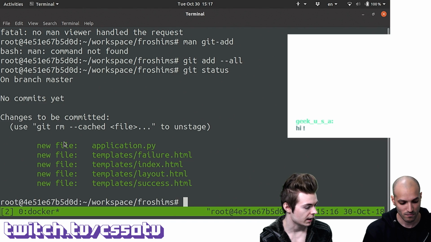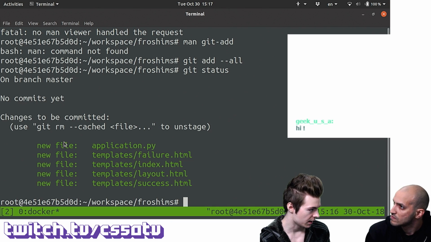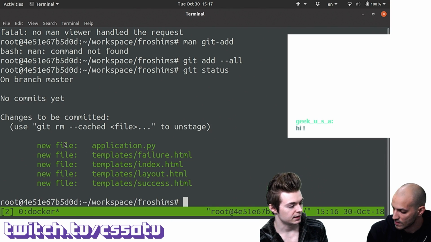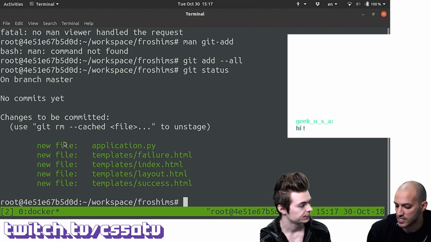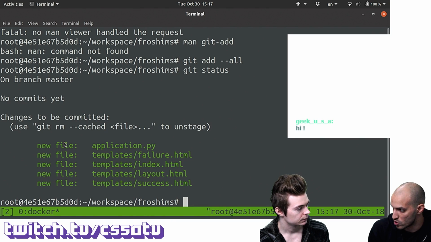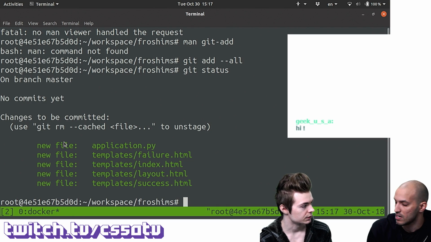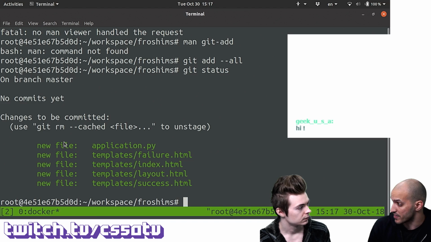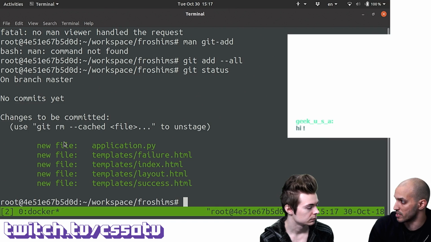So we can use git add and then the name of the file that we want to add, and this is a file that we aren't tracking yet. Or we can do git add --all, and it'll add everything that's untracked in the current directory. Yes, but I believe everything that's untracked or modified in your working directory. Okay, it's going to add it. Gotcha. But again, you can always add specific things. If you just want to add certain untracked files or certain modified files only, you can do that.